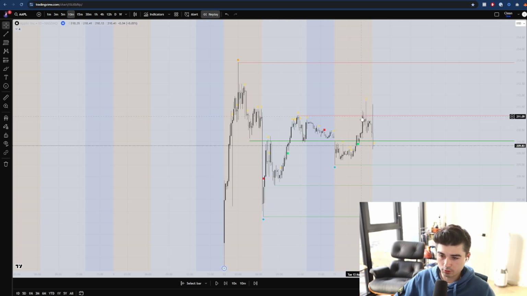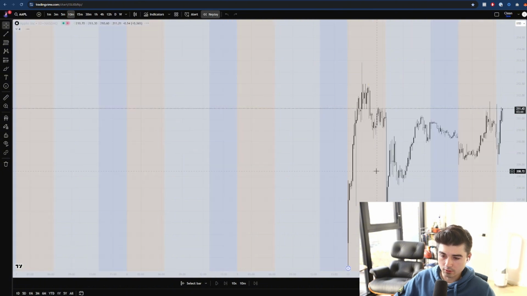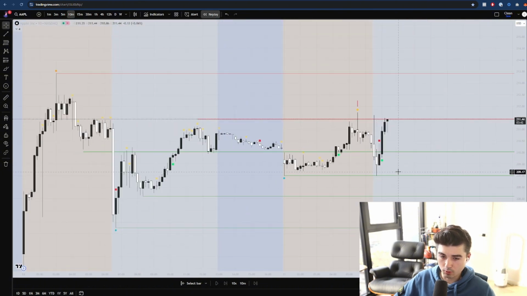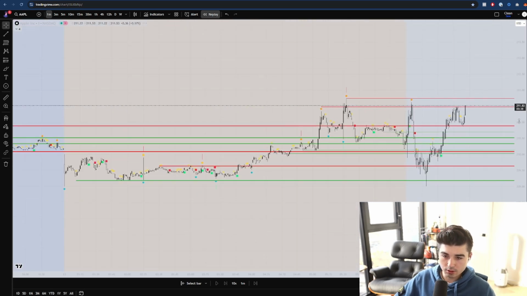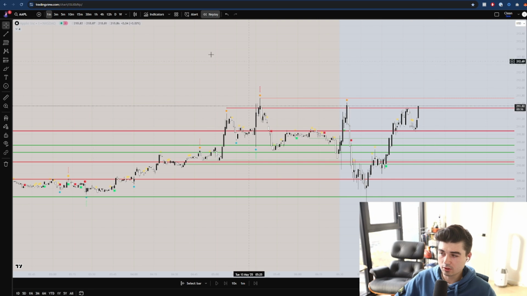You could see here, yep, went straight up to this level, spiked past it, tried to reclaim it, didn't work, tried a couple times, rejected, bounced back to this level it formed in the morning exactly, right? So this is the exact level that it formed in the morning. Right now, we're already live in real time because we're doing 10 minute, but it is pretty on point. And this is just Apple, for example, but this is how I personally like to look at